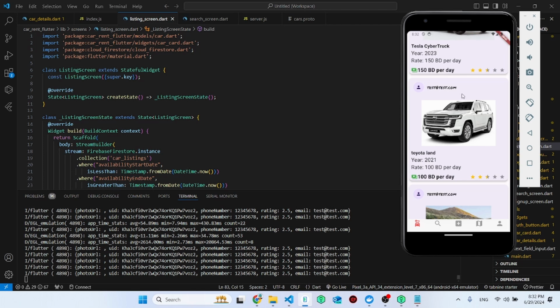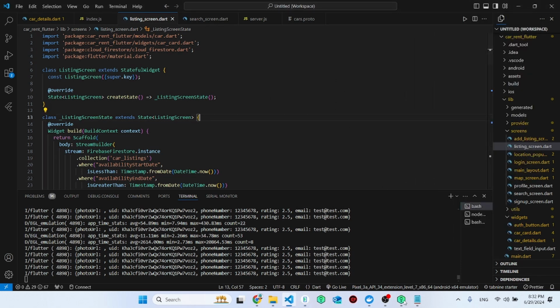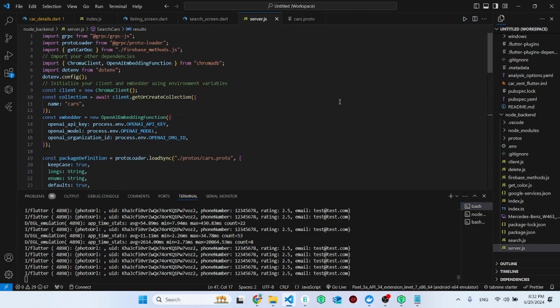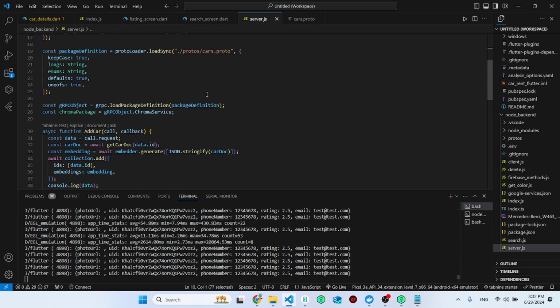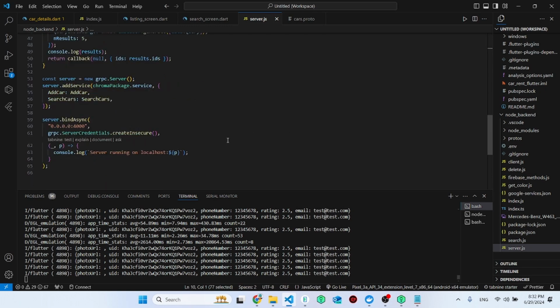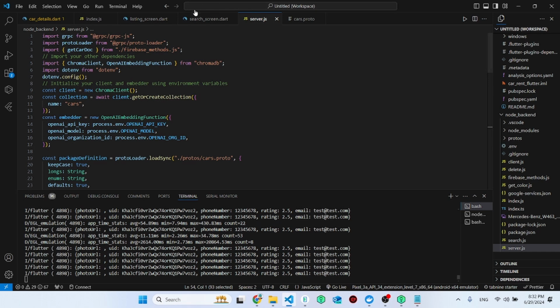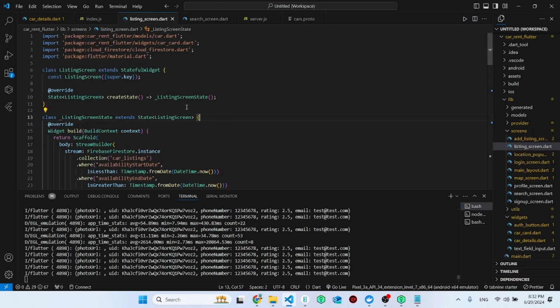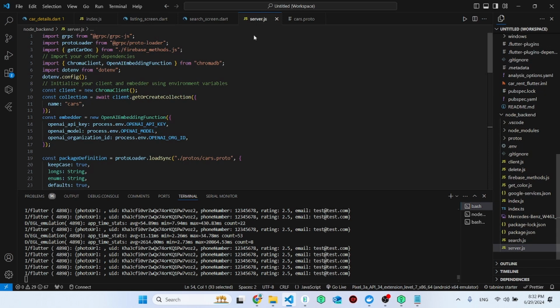Let's talk about the technologies used for building this app. The main code base is basically Dart and Flutter, because it's a mobile app and I wanted to make it cross-platform for both Android and iOS. But there is also another part: I made a Node.js microservice that provides gRPC endpoints for you to communicate with a vector database called ChromaDB. I could have implemented this all in Flutter and unified the code base, but I chose to use JavaScript